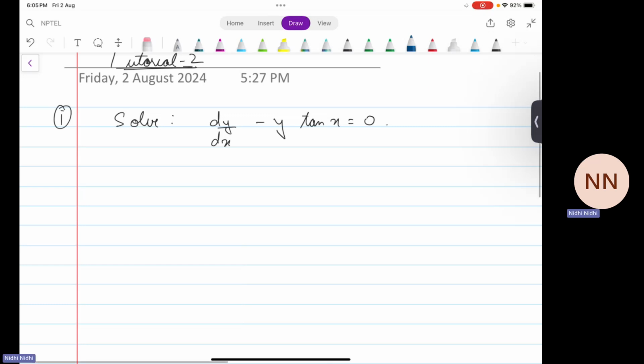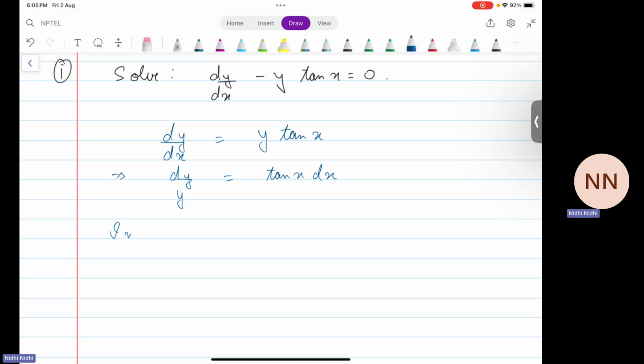So we'll start with writing it as dy by dx equals to y tangent x. We can clearly see that the terms involving y variable and x variable can be separated, and this is a basic separation of variable type of problem. So we will write it as dy by y equals to tangent x dx. Now integrating both the sides,